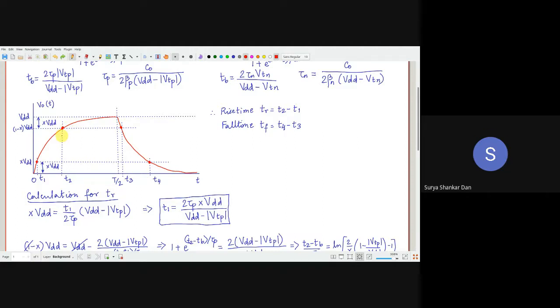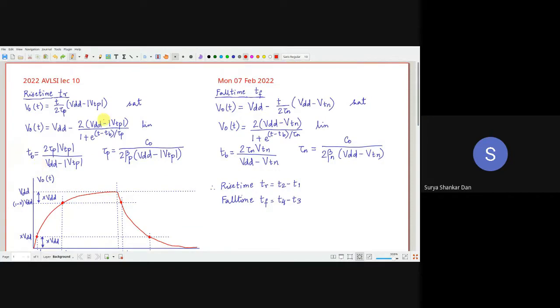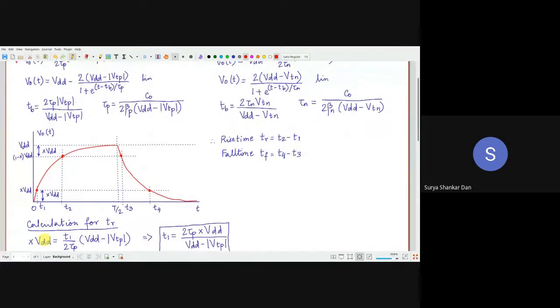But other than that, mathematically also we know that if TB is somewhere in the middle, in the beginning of the transition, it will start out with the saturation region. So T1 happens to be the saturation region. So what we will do is select the first equation here, because that is the saturation equation. All we will do is replace VOT by this particular value X VDD, and this T I will put as T1. That's exactly what we did over here.